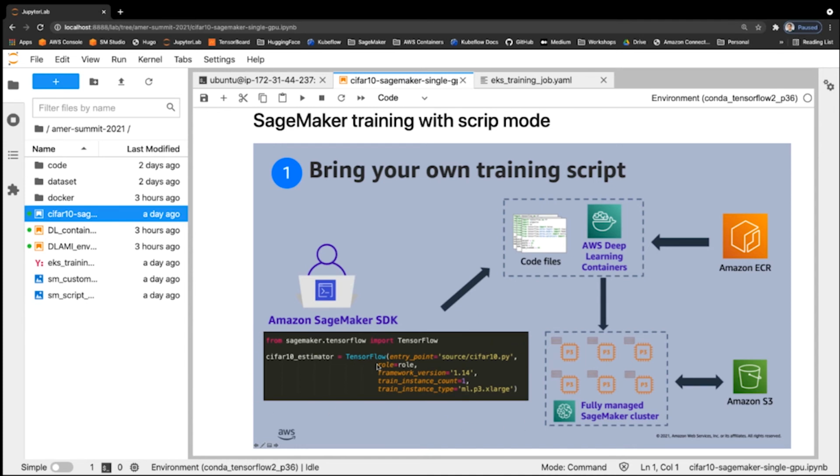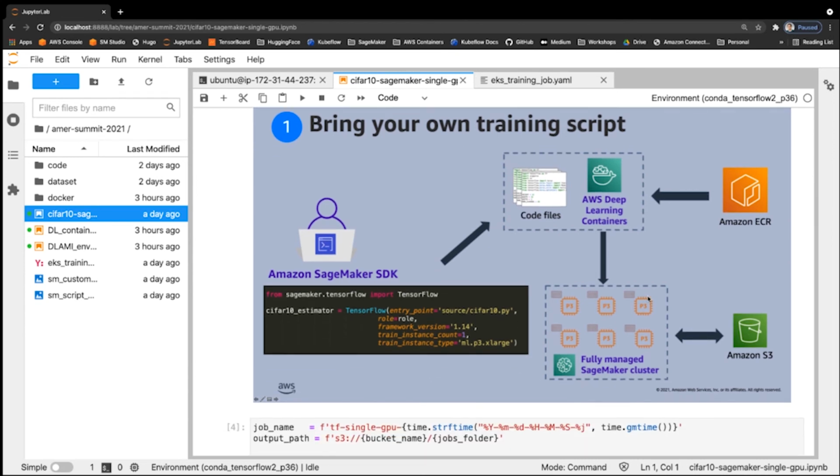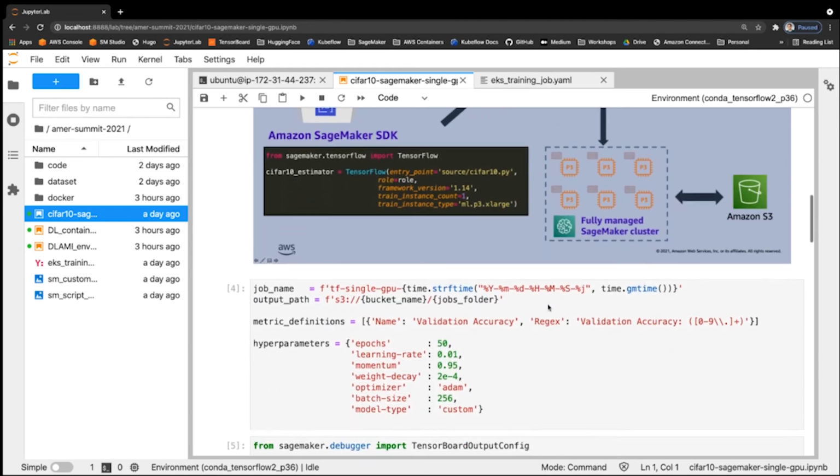Now, if you're using script mode, you don't have to worry about containers. SageMaker will automatically pull the relevant container, copy your training scripts into the container, provision the number of resources you specify in your estimator function, copy your dataset from S3, and automatically tear down the instances after it's done training.